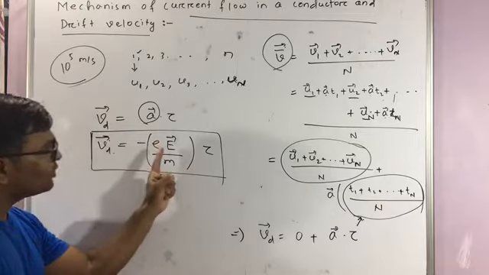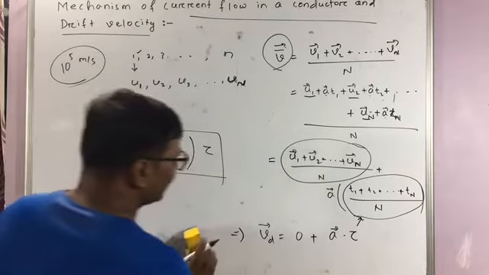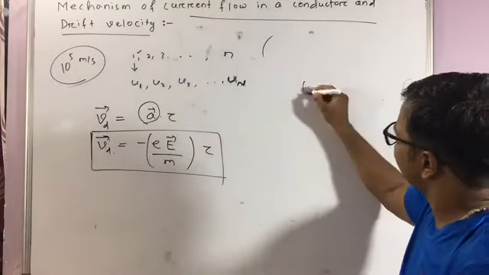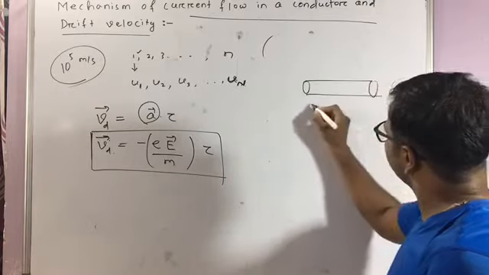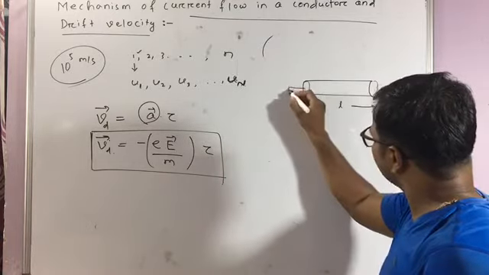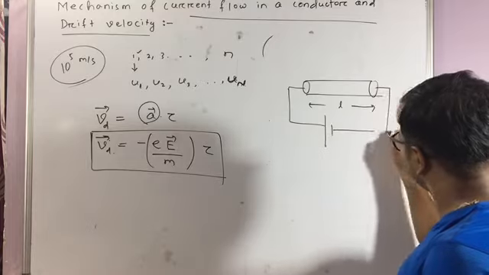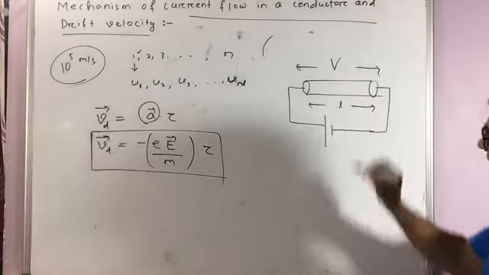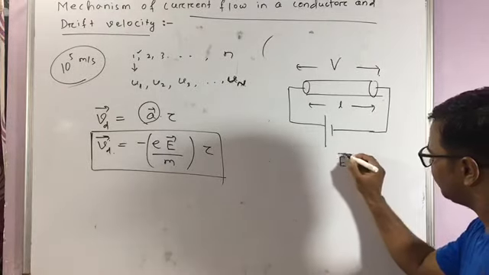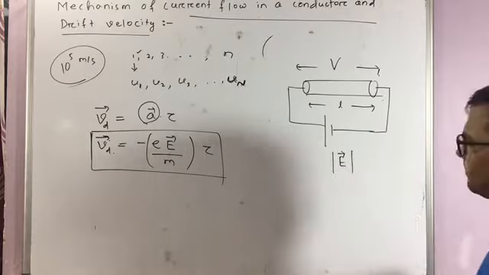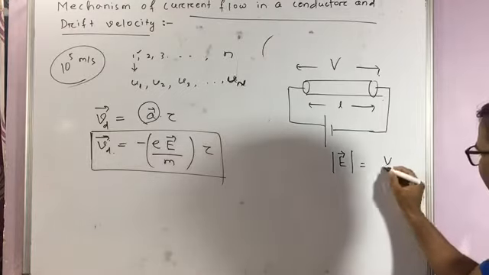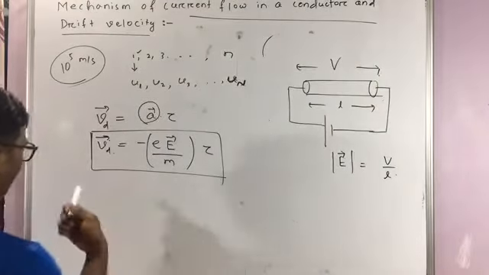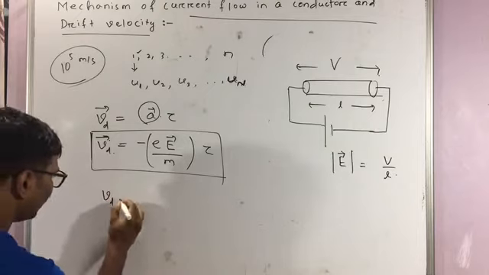Now you can change this equation. Suppose you have taken a conductor whose length is L, and across it, through a battery, you are maintaining a potential difference of V. In that case, the mod of E can be V by L, which is equal to dV by dr. So the equation will become, you can write the scalar value here,